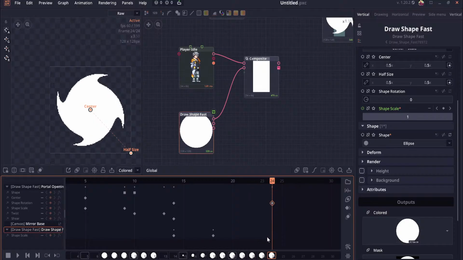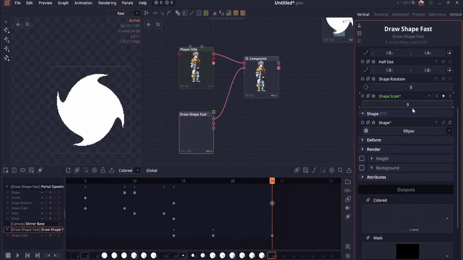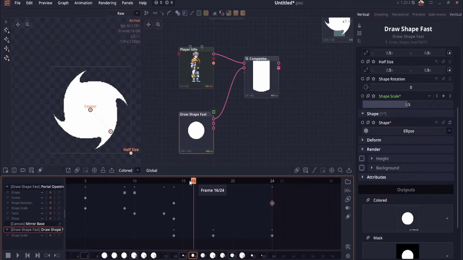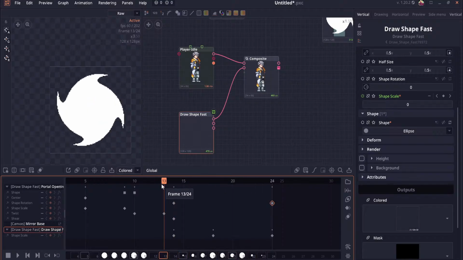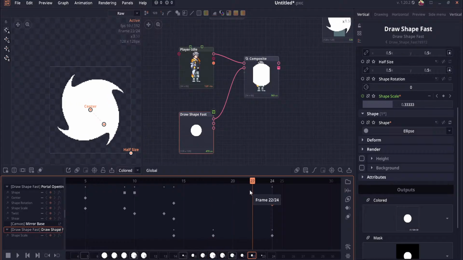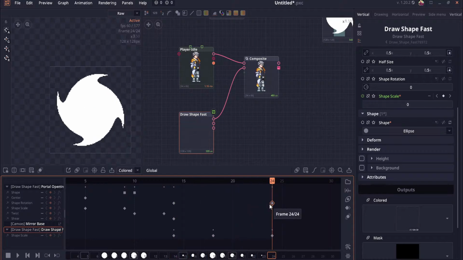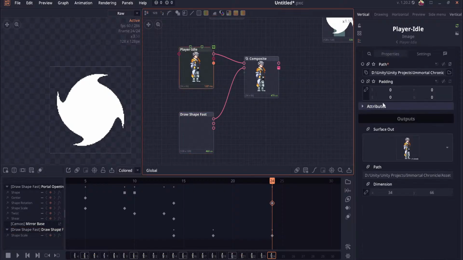Yeah, so we're gonna go to the very end again. I'm gonna have it just go back to 0. So basically, once the portal appears, the character starts rotating, and then the thing actually starts to go down. And then what we're gonna do is here I'm gonna say